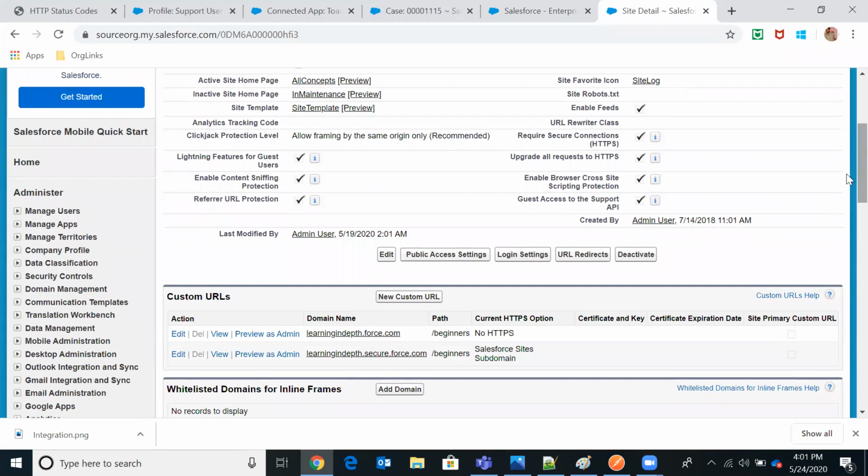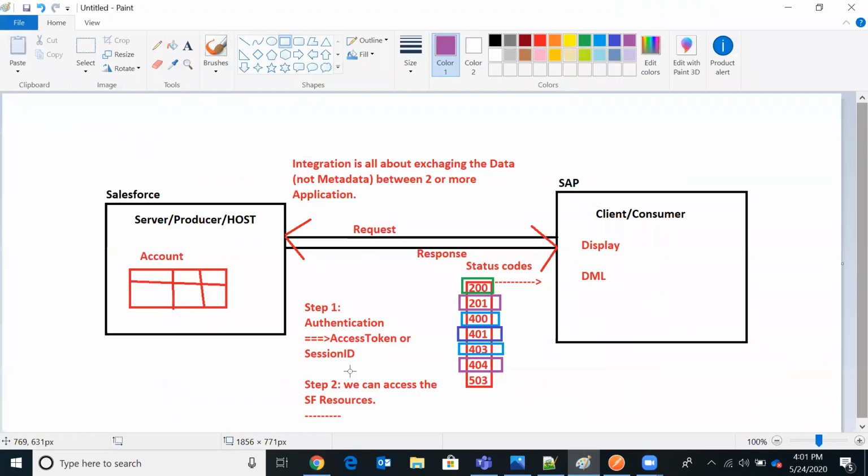As I was explaining, we have two steps to access any Salesforce resource. First is authentication, and the second step is using the access token, you'll be accessing the resources. Now, if I want to skip step one, that is also possible.